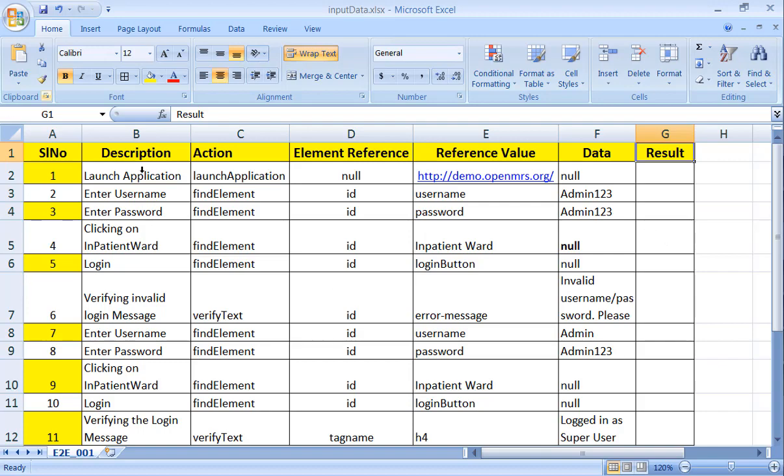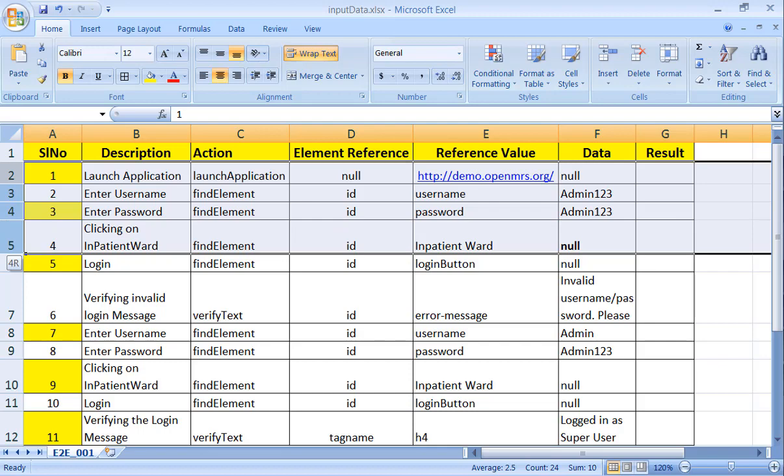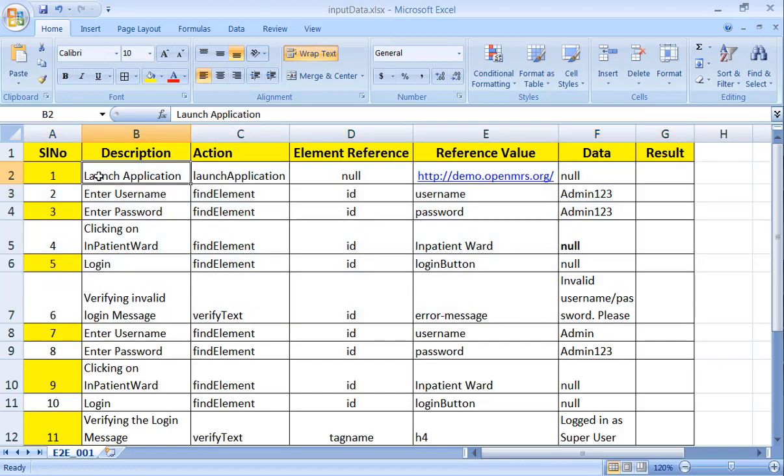Now let's understand one scenario. If you look into this scenario, it shows that you have to launch the application using this URL and enter username. The ID is the locator, username is the ID value, and the text is admin123.